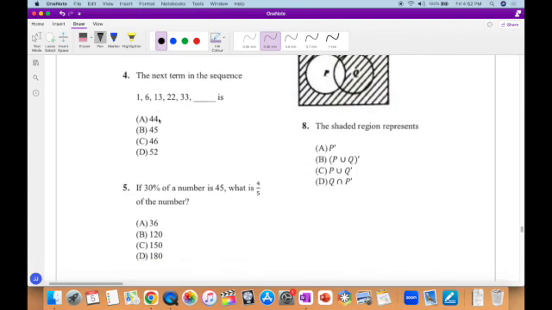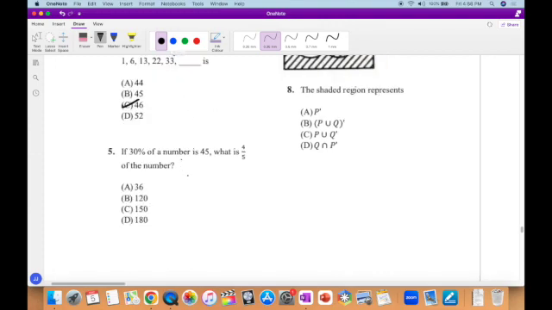Number 4, the next term in the sequence is, we could expect it to be 44, but